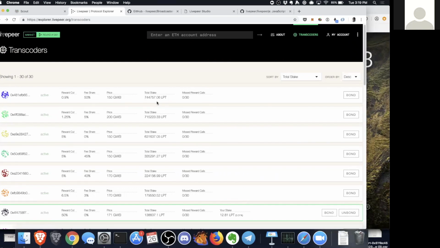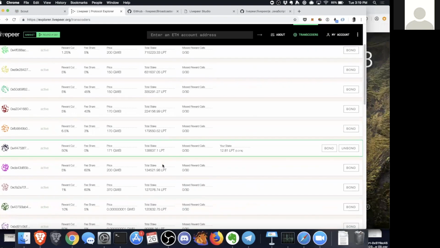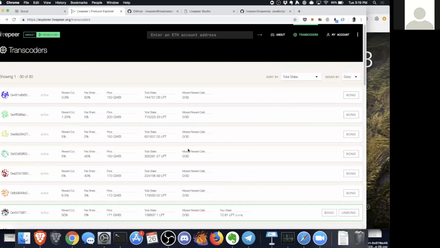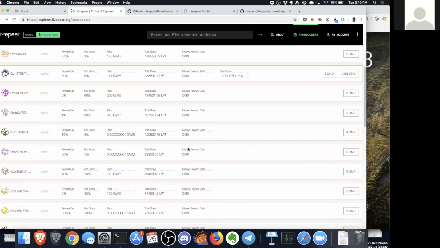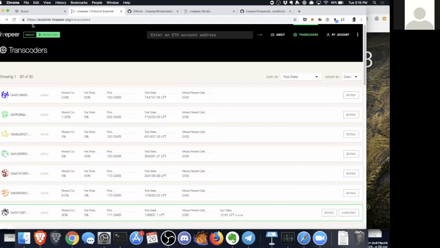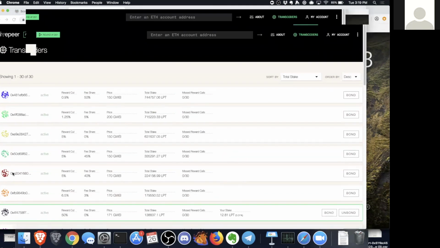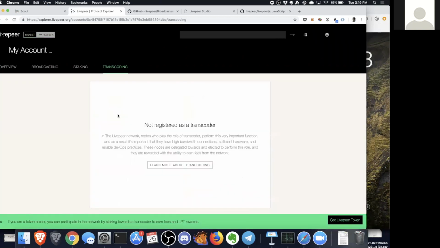You see the total stake that's delegated towards them in terms of Livepeer token. You see the number of reward calls that they've missed. This is basically every day they're generating their block reward, and you see that many of these are very performant and haven't missed any reward calls. And when you click on one of these nodes and drill in, wait for the data to load off the blockchain here, do a quick refresh.